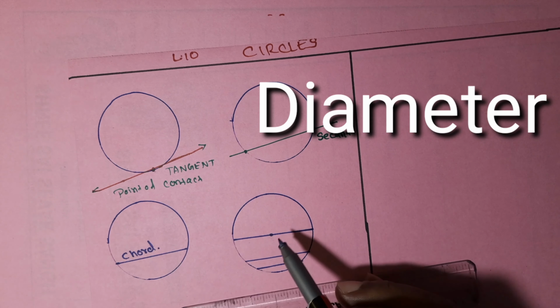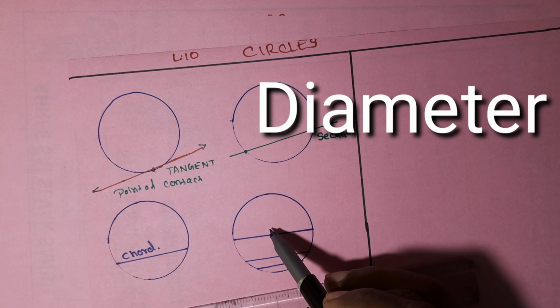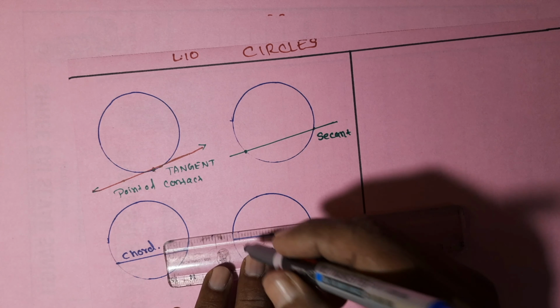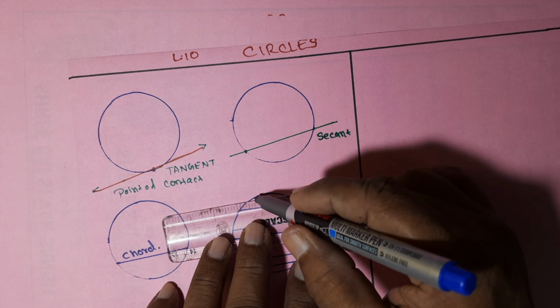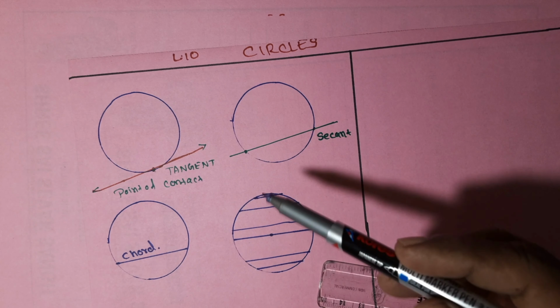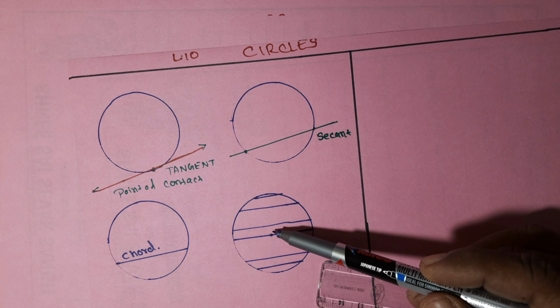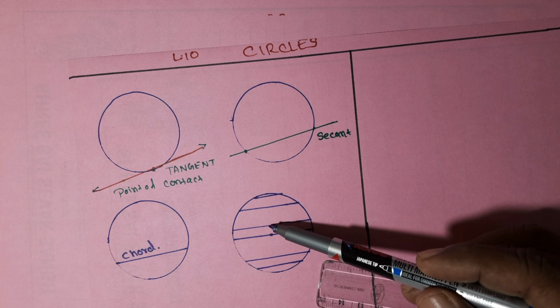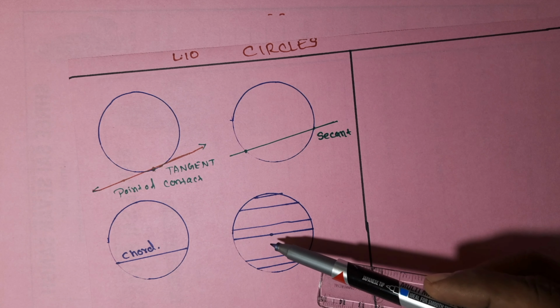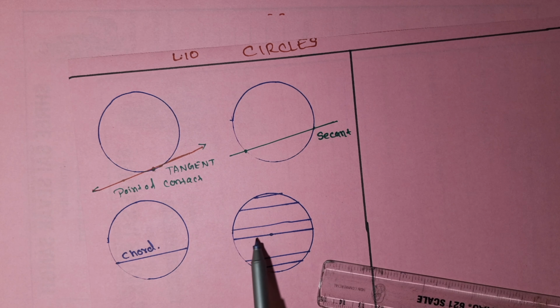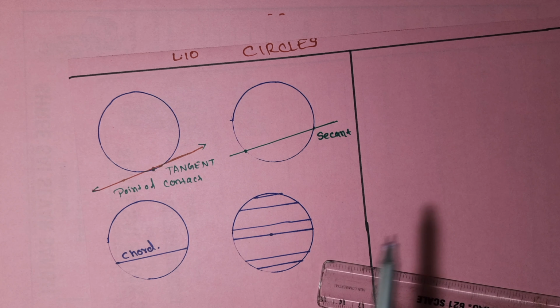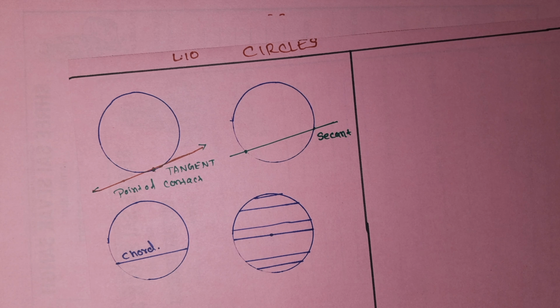Now while you are going away from the center, the size of the chord is decreasing. Okay, so when it is coming towards the center, the size of the chord is increasing. While they are going away from the center, the size of the chord is decreasing. But this is the longest chord, and this longest chord is called diameter. Now this is what we need to know to do exercise 10.1.